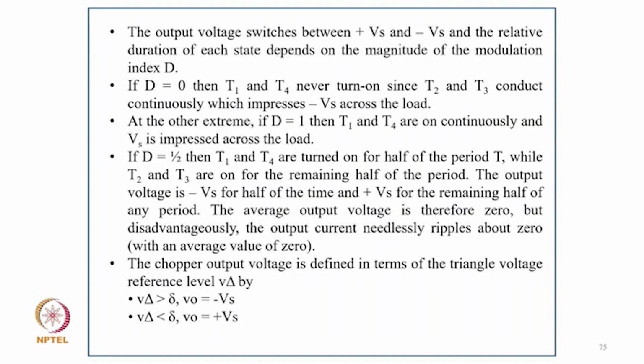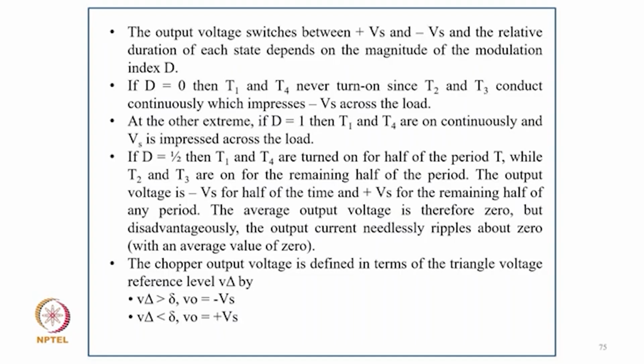So the output voltage switches plus minus Vs, and the relative duration for each state depends on the magnitude of modulation index. If D equals 0, then T1 and T4 never turn on, since T2, T3 conduct continuously, which implies minus Vs across the load. At the other extreme condition, if D equals 1, then T1 and T4 are continuously conducting and Vs is impressed across the load. If D equals half, then T1 and T4 are turned on for half the period T, and T2, T3 are on for the remaining half, the output voltage is minus for half and plus for half, and the average output voltage is therefore 0, but